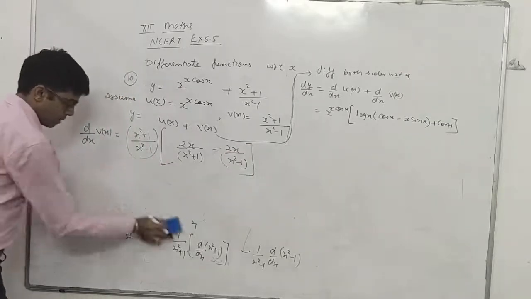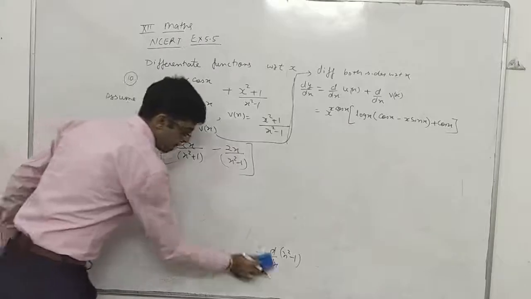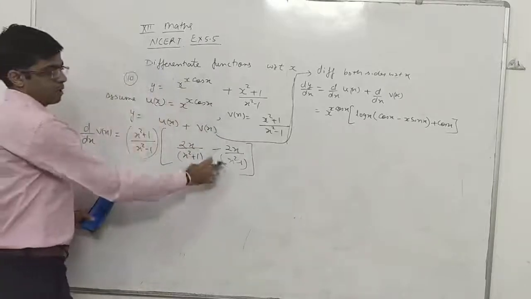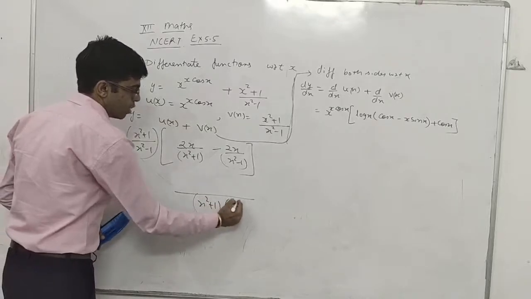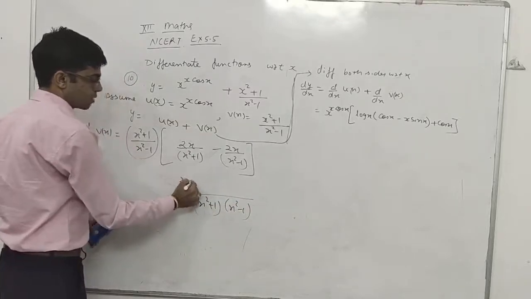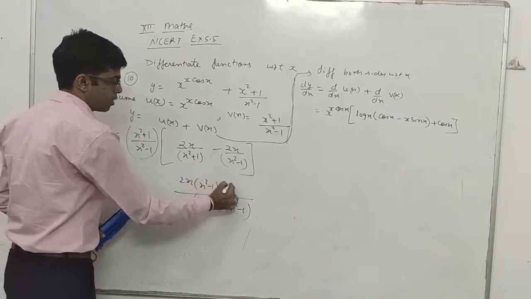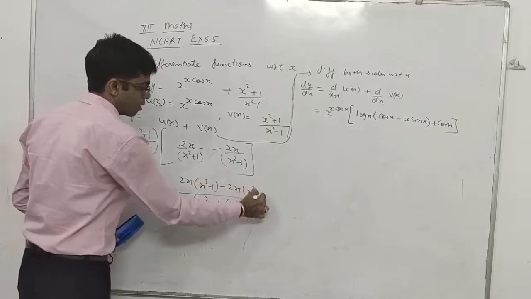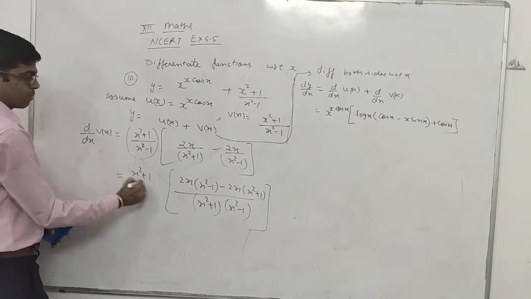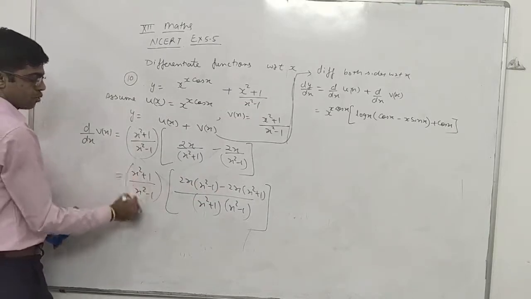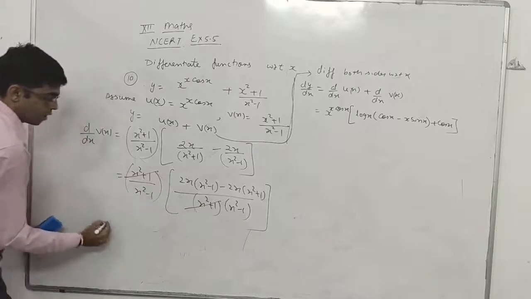Now cross multiply: (x square minus 1) into 2x, minus 2x multiplied by (x square plus 1), and whole divided by